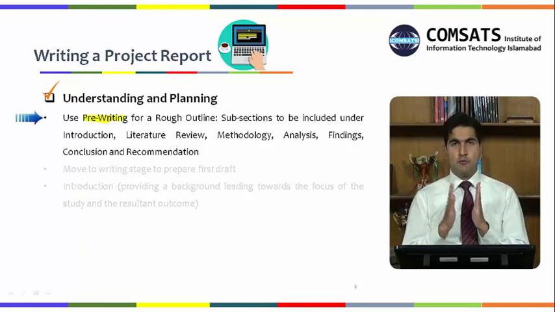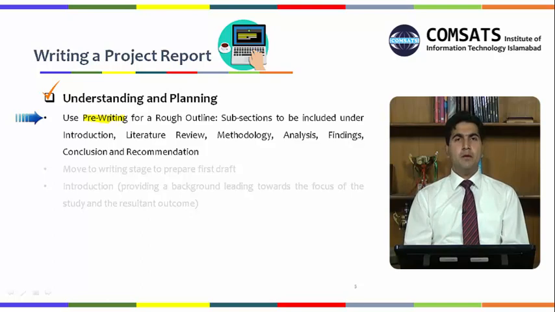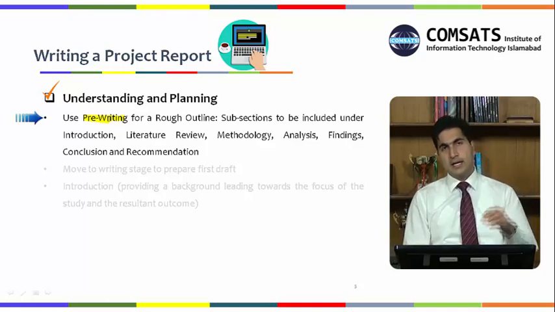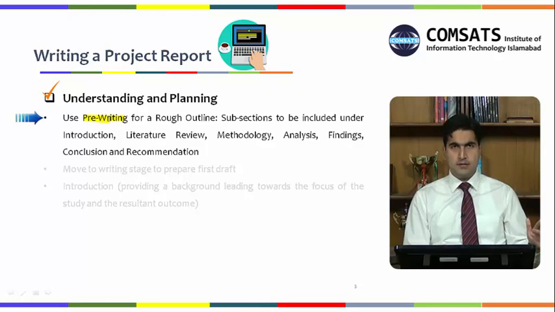Why? Because you have to prepare a rough outline for yourself. Of course, there is an outline within your report as well under the heading table of contents, within which you provide all the sections and headings in your report alongside page numbers, referring to each section and where its details will be available. But the point here is that this is the stage. You have done the planning with respect to audience, significance of the study and purpose, and everything has been set. You know the scope, you know the purpose, you know the significance.